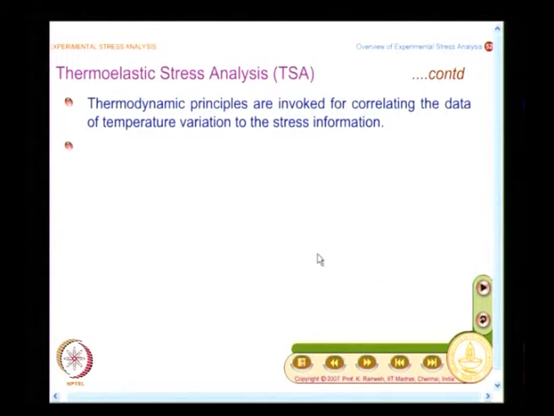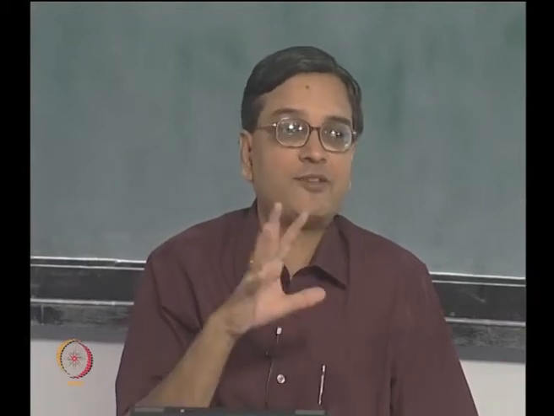So, as you go advanced, you also have more complicated mathematical development for you to interpret experimental data, and you have to be very careful in conducting the experimental method. You should be worried about other thermal sources, you should suppress those, because you are essentially recording emissivity of the surface, whatever the emissive characteristics, and if you have other sources of thermal disturbance, they have to be suppressed. So, the experiment has to be conducted very carefully,